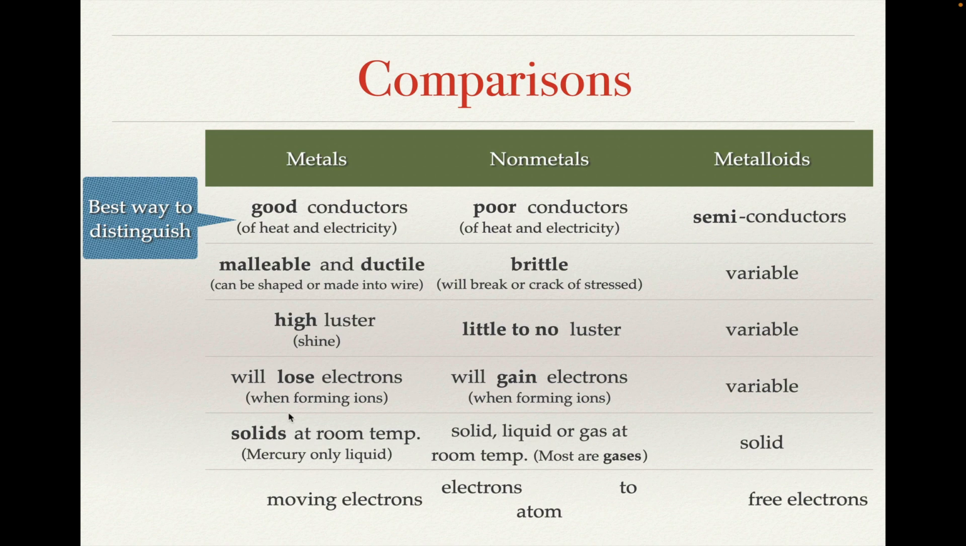Okay, so mercury is the only metal liquid, and bromine is the only non-metal liquid at room temperature. Now, all of our metalloids are going to be solid at room temperature. Okay. Now, for metals, in terms of how those electrons move, they have freely moving electrons, which means inside the